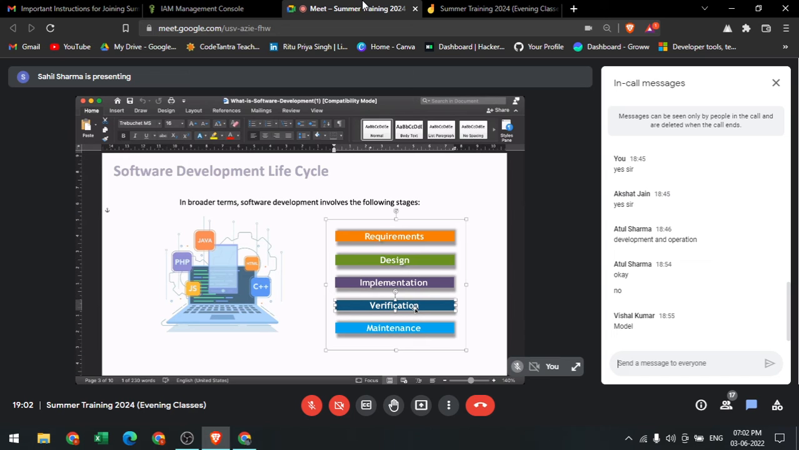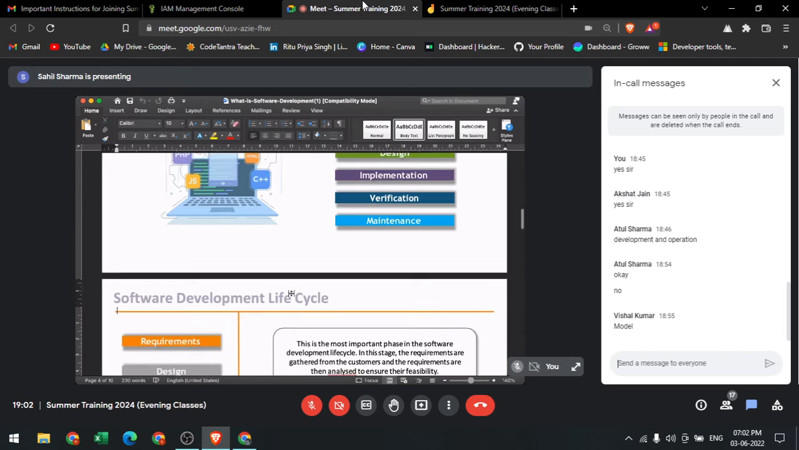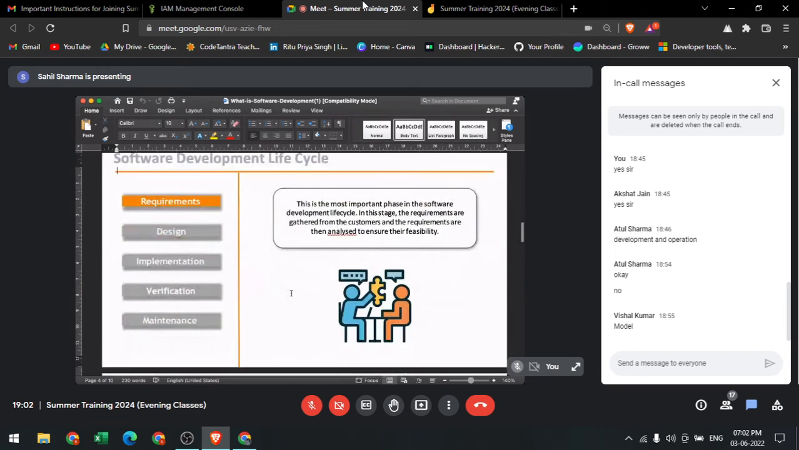You need to test the software before it is actually deployed. Then comes the last part, that is the maintenance part. So these are a few of the steps that are required for the software development life cycle. Now in this software development life cycle,